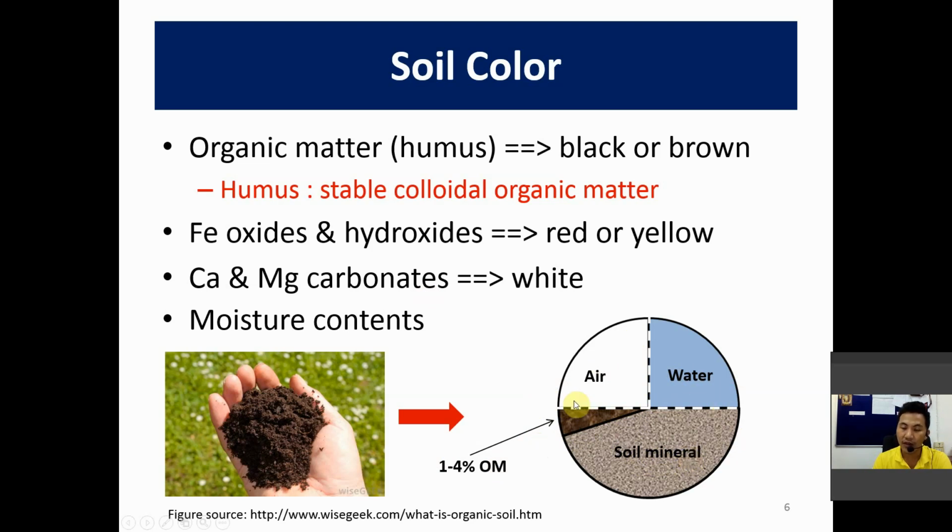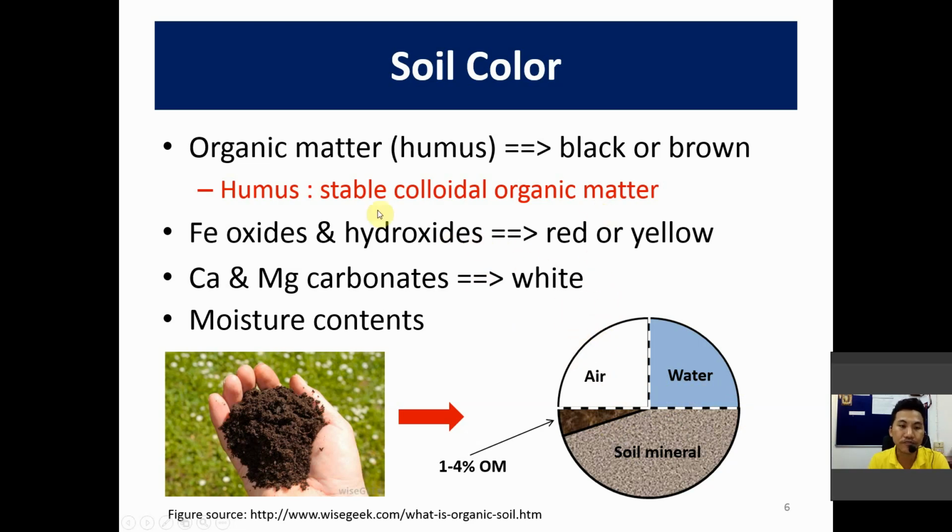And you have another half of the volume that contains either air or water, which compensate for each other in occupying the spaces in the soil system. This is where the soil color comes from. It might come from one factor or maybe a combination of 2 or 3 factors together